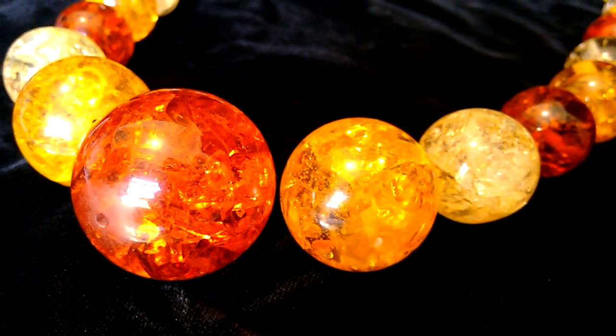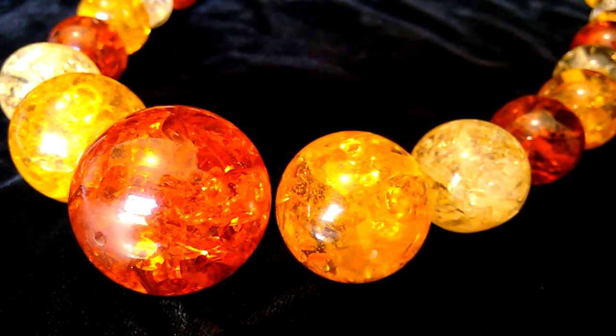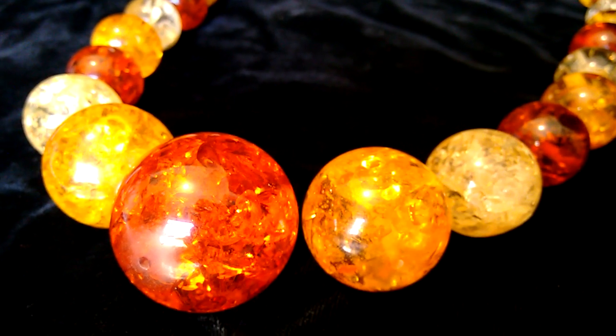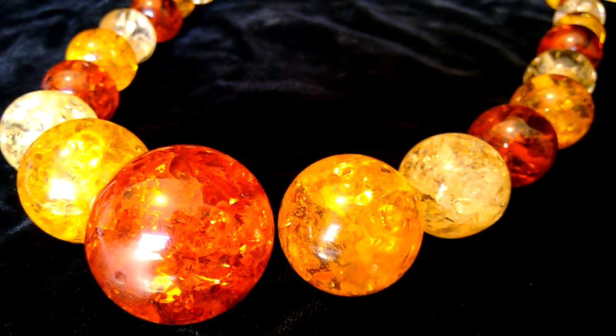So I'm in the Goodwill the other day and I see this lady's necklace in the showcase and I asked to look at it. Nice chunky lady's necklace. And I thought immediately, wow, that looks like amber. And for all those who don't know what amber is,